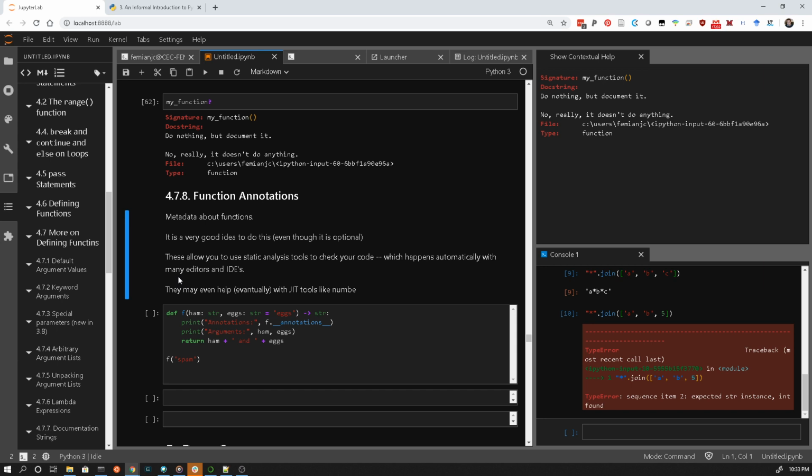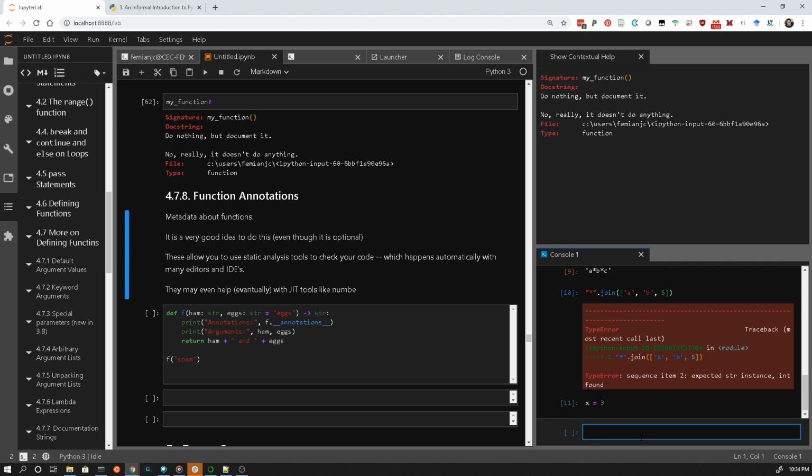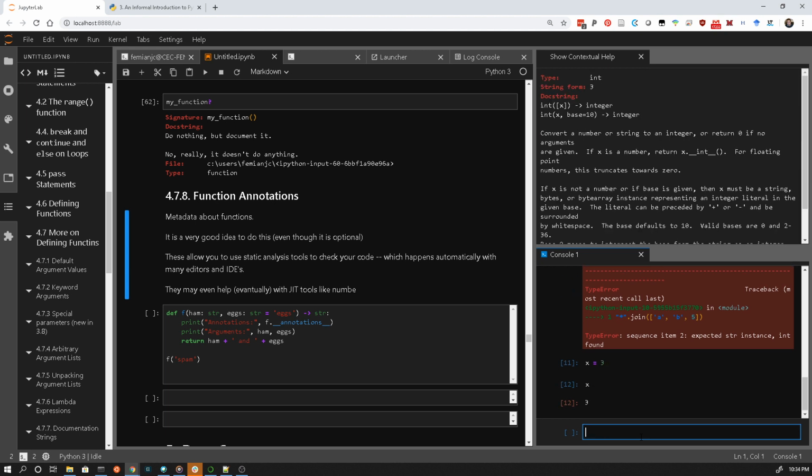is a language which uses something called duck typing. Variables do not have types in and of themselves. Instead, the type is really associated with the object referenced by the variable. So a name in Python, there's no contract that says it always has to refer to the same type of thing. It's perfectly okay if I say x equals 3 and then I print x, and then later I say